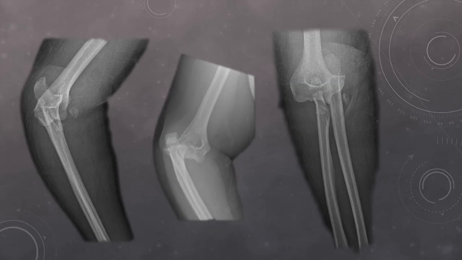So what you are seeing in these presentations are multiple radiographs. One is lateral view, one is anteroposterior view, another one is also an anteroposterior view. So you see in lateral view there is posterior elbow dislocation. Why? Because the olecranon articular surface is not articulating with the trochlea. It should have been articulating here if it was normal. And also you can see there are some fractured fragments lying here, some fractured fragments lying here,